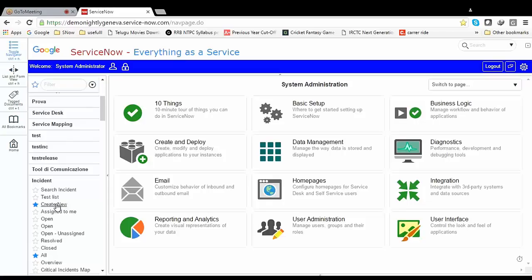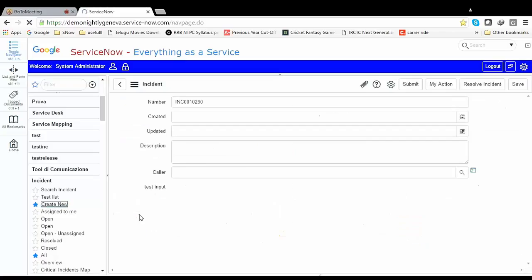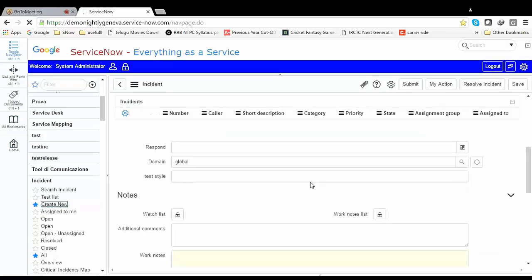Form administration and list administration are generic. They are not specific to any incident module or problem module or change module. They are specific to all the modules. Even if you create a new one, form administration is a generic topic, which means it can be used on any particular form. If you want to create a new set of fields,